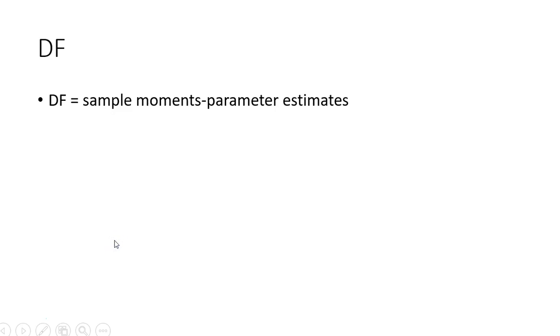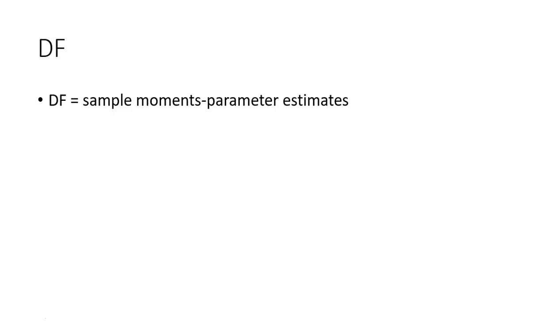The reason we do all that work of counting and calculating and thinking about the elements in the variance-covariance matrix is because we can then figure out how many degrees of freedom our model has. It's sample moments minus parameter estimates. So we have 15 sample moments and 13 parameter estimates. So we have 2 degrees of freedom. The take home here is just that you must have a positive number of degrees of freedom, right? You must be trying to estimate